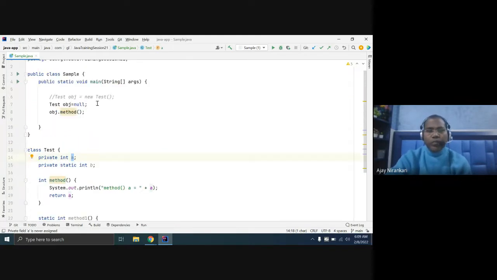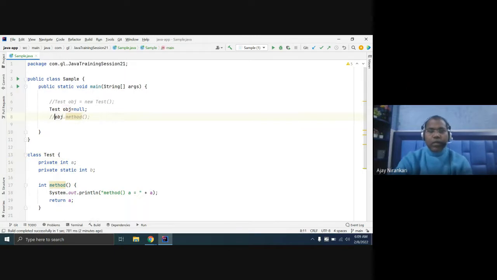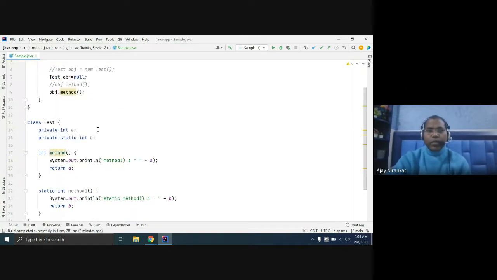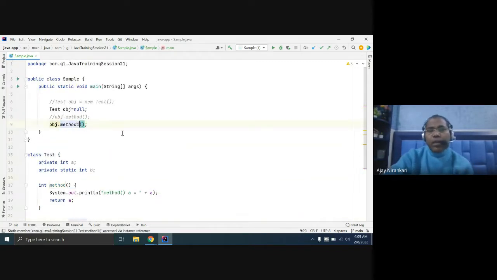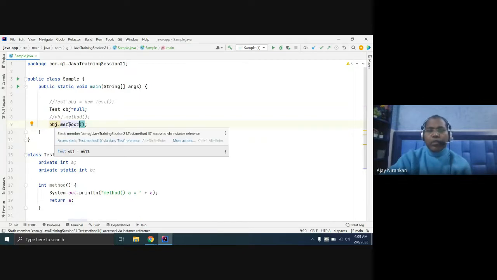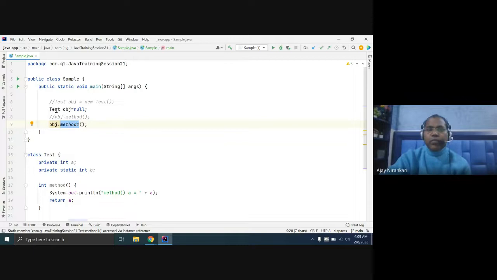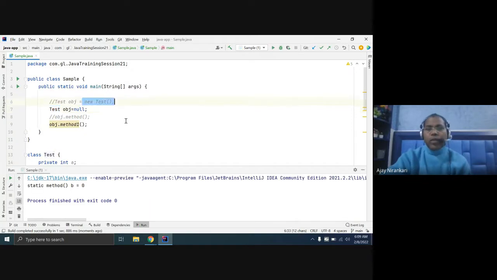So now if I try to invoke the other method from the same object using method one, the compiler allows you to invoke the static method from your Test class itself. If you run it, it will not throw any exception. Even though we have not created any object, the compiler still allows invoking the static method.